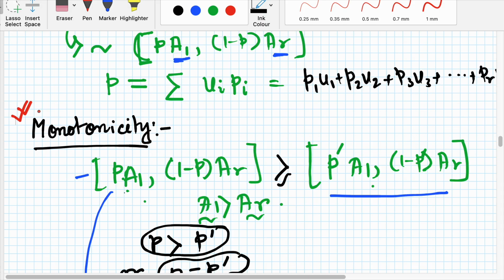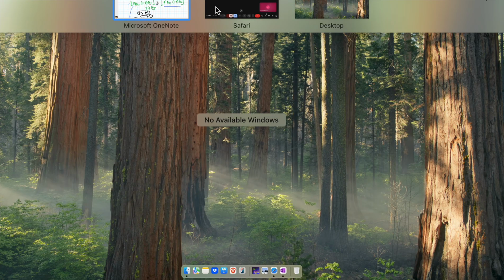That means if I present you two lotteries, and each of these lotteries contains the same two options as prizes, so here I make a lottery of a1 and ar with some probability p, and again I make a lottery with another probability p prime and 1 minus p prime, then if I present them in front of a subject and ask which lottery that subject should choose, meaning if she follows the probabilities rule, then one can easily see that